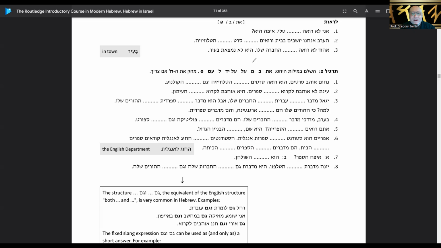Yeah, you know what? I'm gonna get rid of the bet. I think it is gonna be this one right here, which is gonna go down here. Hu al hashulchan. Okay, so it's upon the table, which is more properly what that should be. So let's take a look at that. Number 7. We should have al there. Okay, so efo hasefer. So where is the book? Hu al hashulchan. Okay, so it's upon hashulchan, the table. It's upon the table.